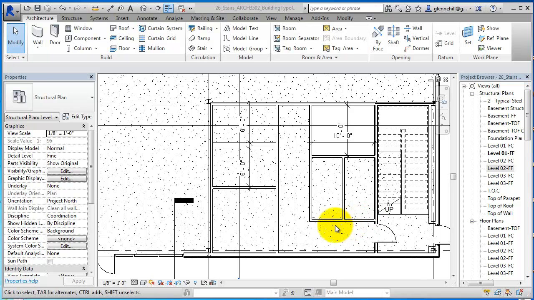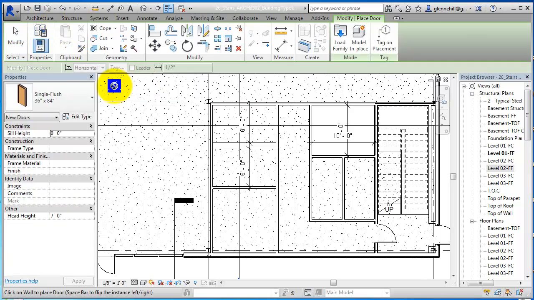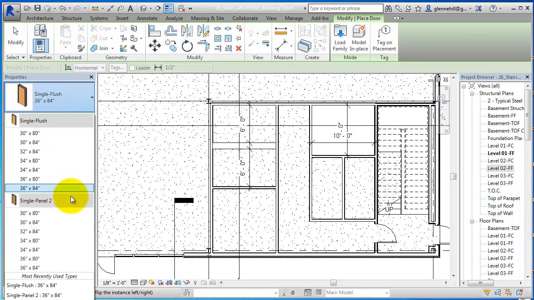In the previous video, we established the interior wall surfaces, and now in this video we're going to put in a series of interior doors. And of course that's pretty straightforward. We're going to go into door, and you'll see here that there's a series of flush doors already set, and I'm going to